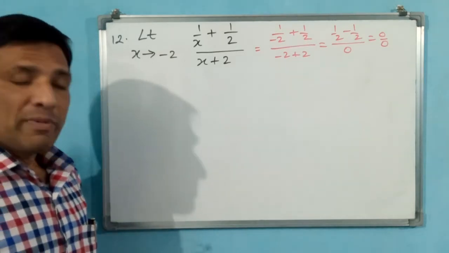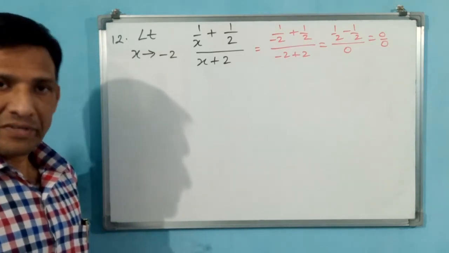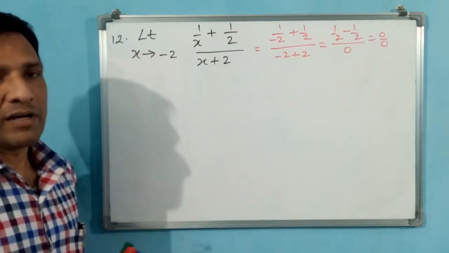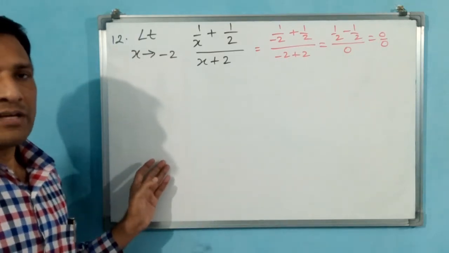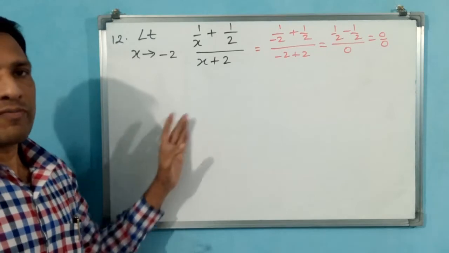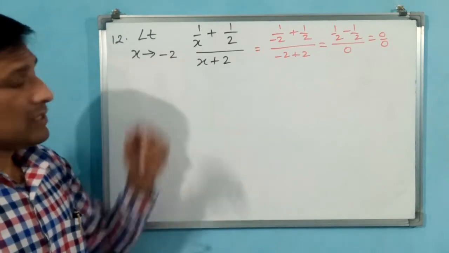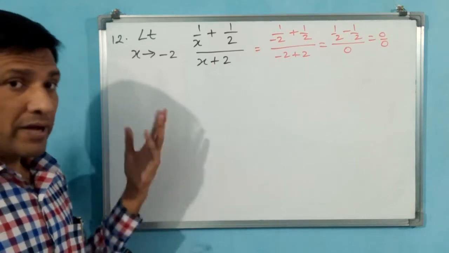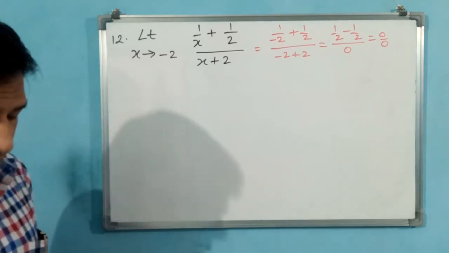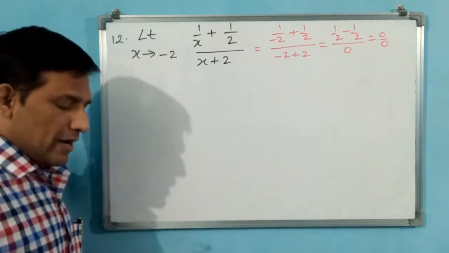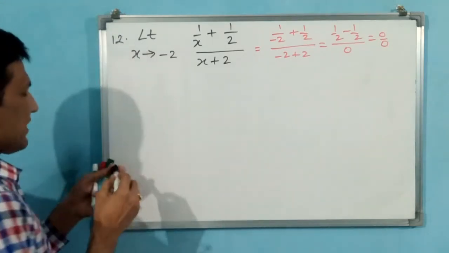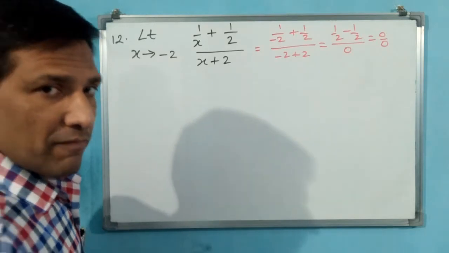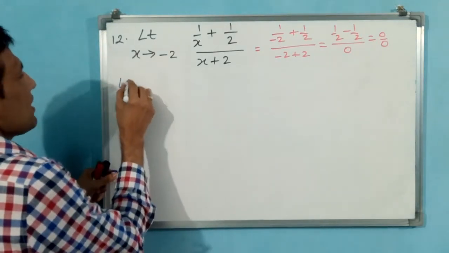0 by 0 case has come. Okay. 0 by 0 case means you have to take factorization, or else we know another process, one formula: limit x tends to a, x to the power of n minus a to the power of n by x minus a. Whether that formula will come, we have to try, it may come. If you want to use that formula, I will write that formula once again here, for easy understanding and comparison. Okay, the formula is like that.